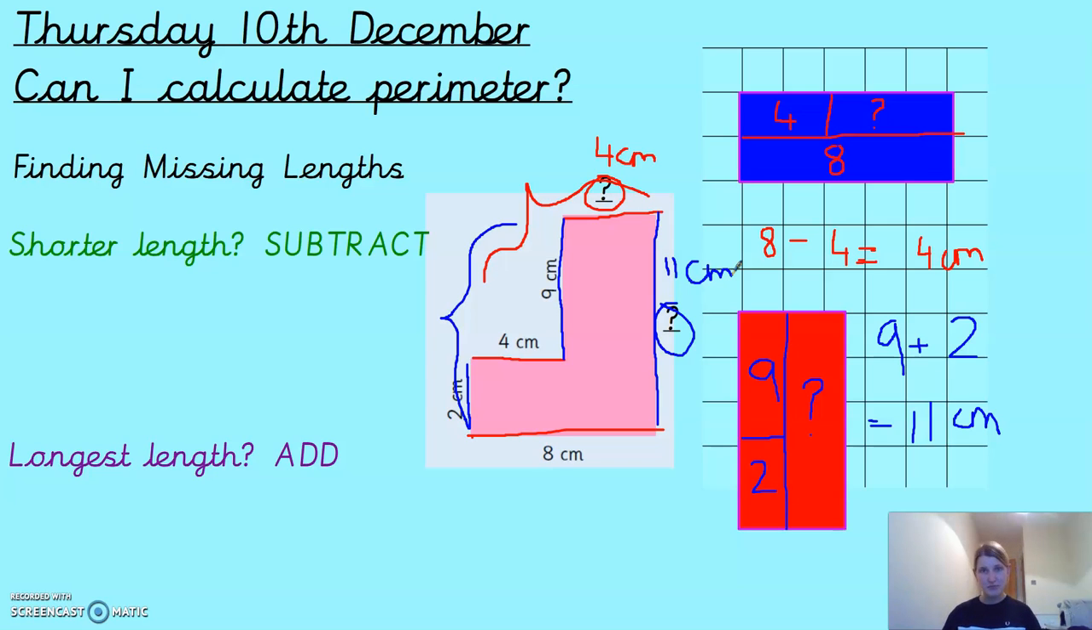If I then wanted to find the perimeter, I would then need to add up all of my lengths. Lots of different ways you could do that. I'm just going to do it mentally, just in terms of wanting to show you quickly. So 8 add 2 would be 10, add 4, 14, add 9, 23, add 4, 27, add 11, 38 centimetres. The perimeter of that shape would be 38